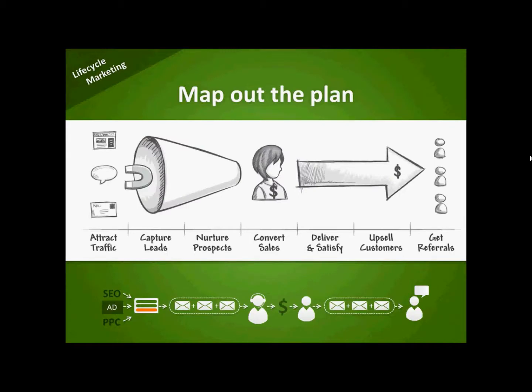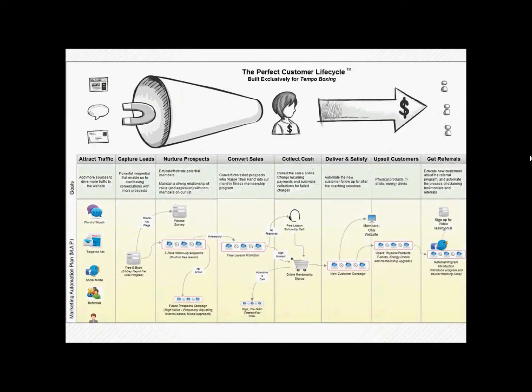I want to just touch on one quick concept, and then we'll move on from there. So, mapping out the plan. One of the things we've noticed when we go around and research people is that small businesses would try, not everybody, but a lot of them, to have these big flow charts of what they wanted to do. They would think about their customer life cycle, and they would build, you can see